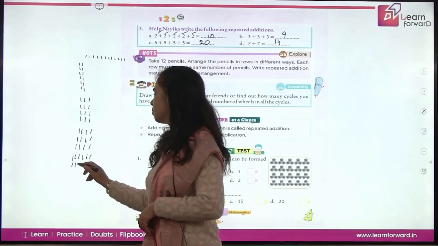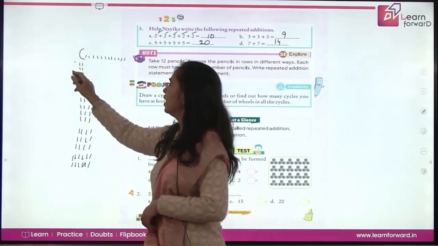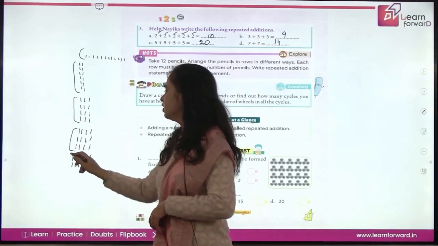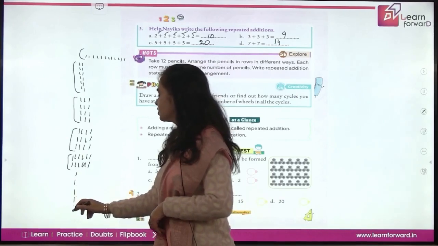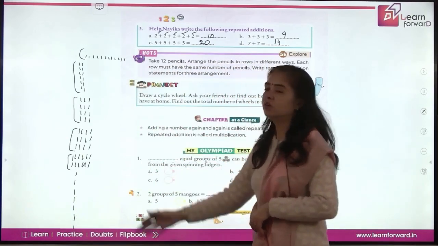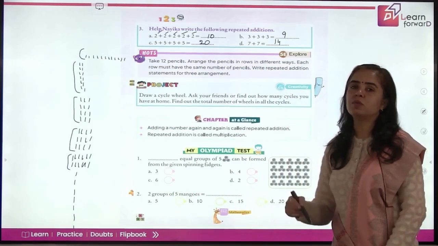Any other possibility? Yes, you can make groups of 6 also. 6, 6, and it is done. So one group is this, another way is this, another way is this, still another way, and then you can have 12 pencils like this also, one each, right? So these are the different ways in which you can arrange 12 pencils so that each group has an equal number